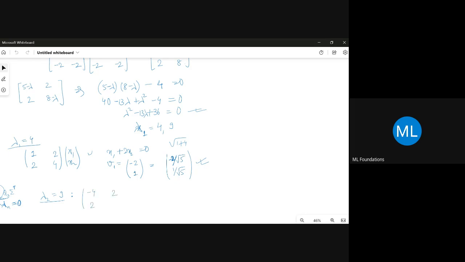This is 2, this is 2, and 8 minus 9, which is minus 1. Right? You have x1, x2. So from here you get minus 4x1 plus 2x2 equals 0. So from there you can get